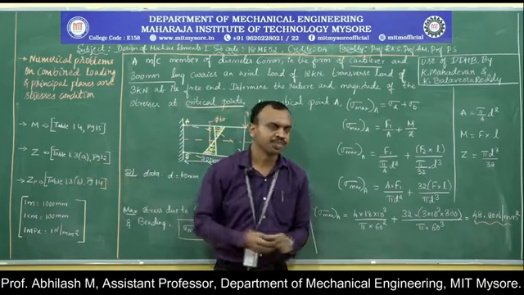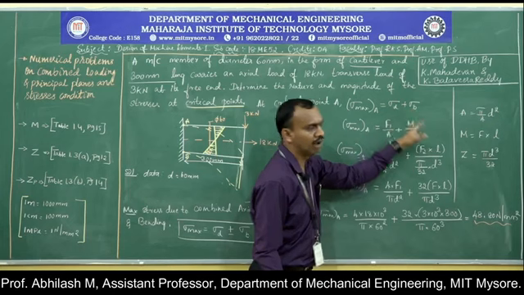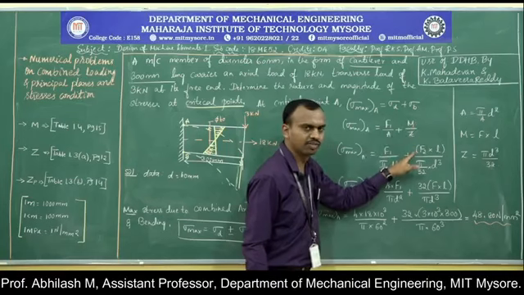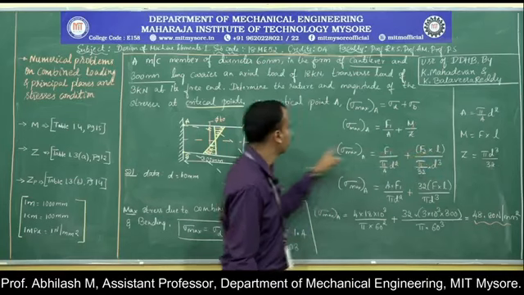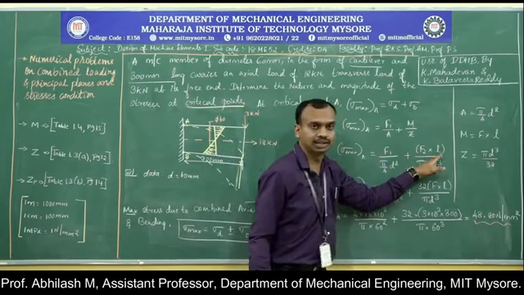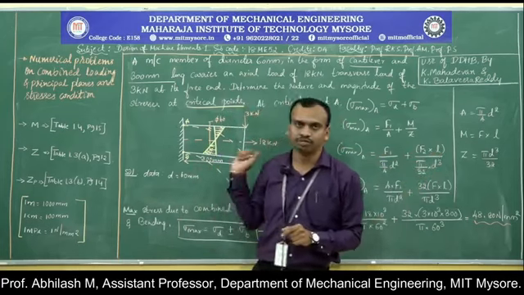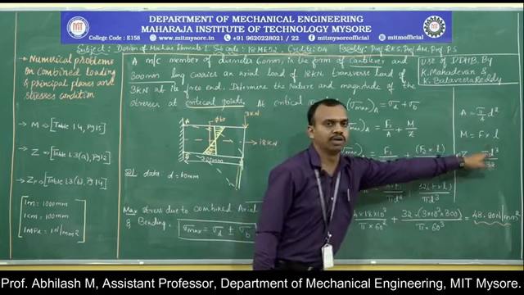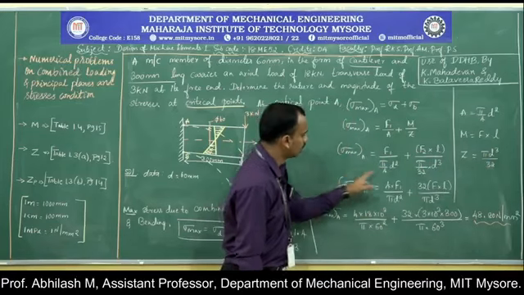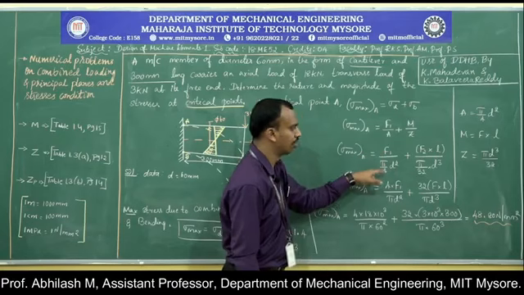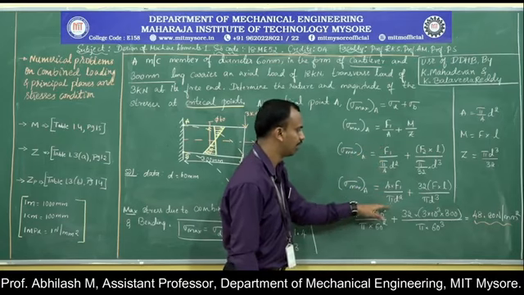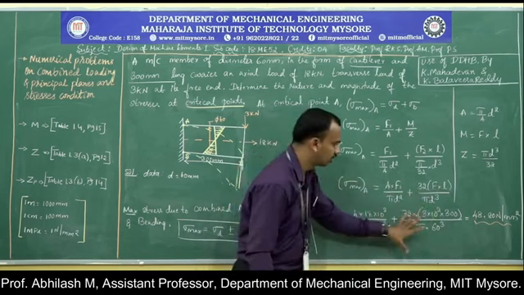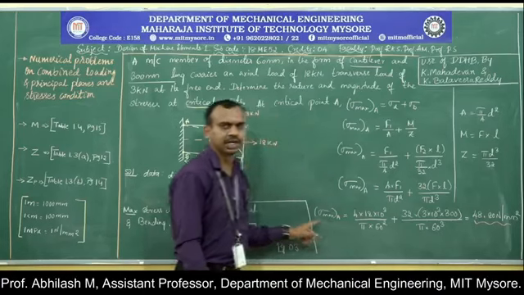Now substituting all the values, we have F1, the area we know is pi by 4 of d square, and the moment for the given condition is F2 into L. F2 is nothing but a transverse load of 3 kilonewton, and the length, we know, acting along the length of the beam is 300 millimeter, and the Z value is pi d cube divided by 32. Now the equation will become, transferring the denominators to the numerator, 4F1 divided by pi d square plus 32FL divided by pi d cube. I think we are ready with all the values.